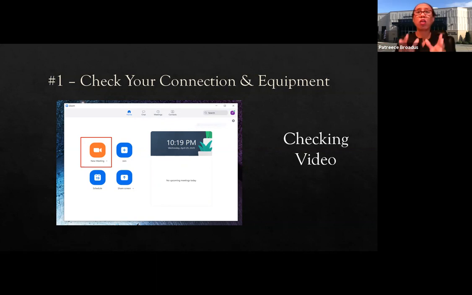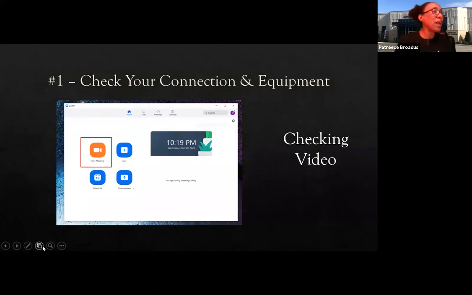Turn on your computer, click on New Meeting, and that way you get a chance to see what the interviewer is seeing. So if you don't like the way your clothes look, if you don't like the way your eyeglasses look, if you don't like the way you look with your headphones on, whatever, you get a chance to see it. And if things are not tilted the correct way, if you're looking too much at the top of your head, if you're looking too much up your nose, you get a chance to check that out and fix that before you actually start to participate in the interview itself.